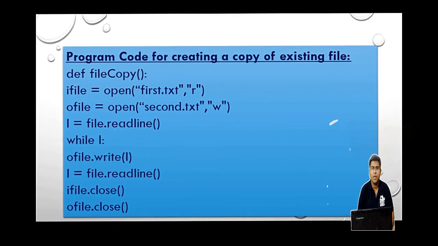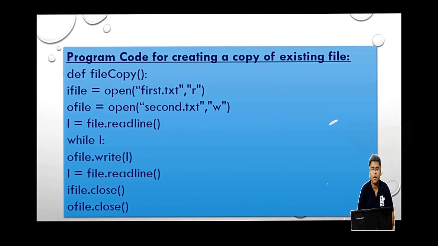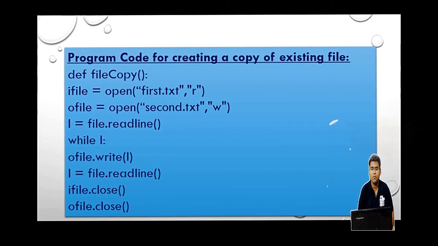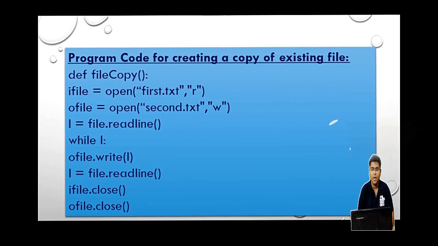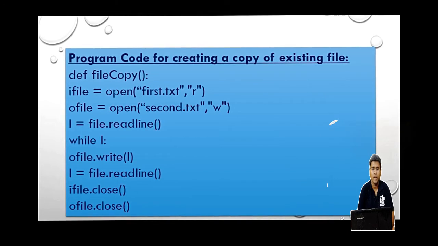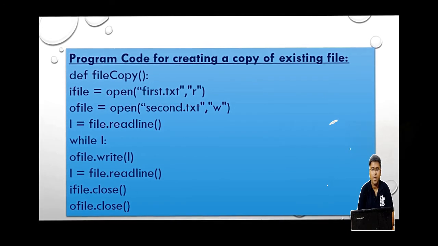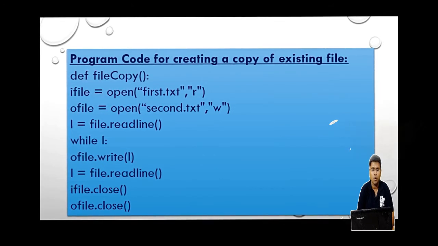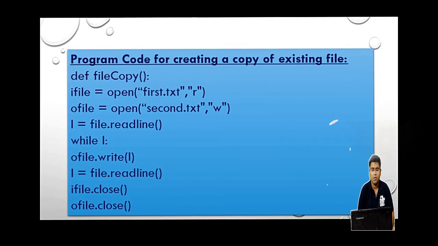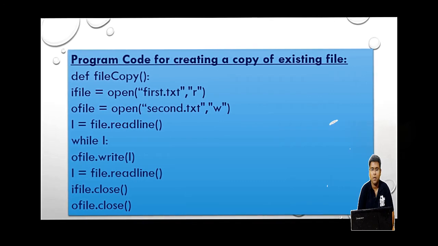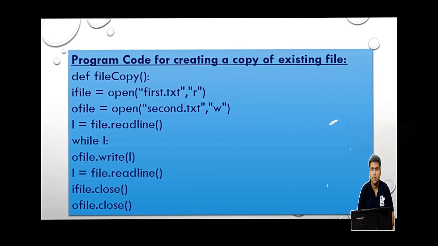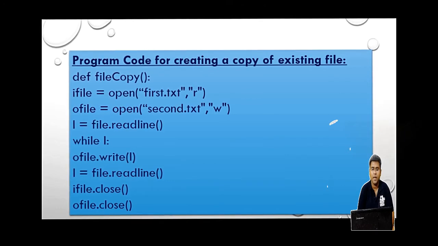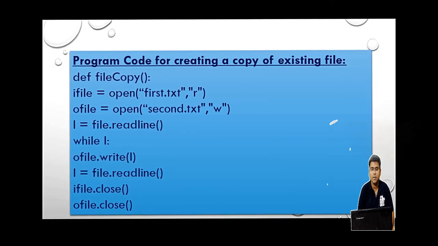Now I am reading the data line by line using the readLine function. L equals to I file.readLine. While this is not actually I, this is L. While L means while there is some data inside the file, the loop will go on. O file dot write. Right now whatever the data that I have inside our first file, that will come inside L, and I will write the data inside my